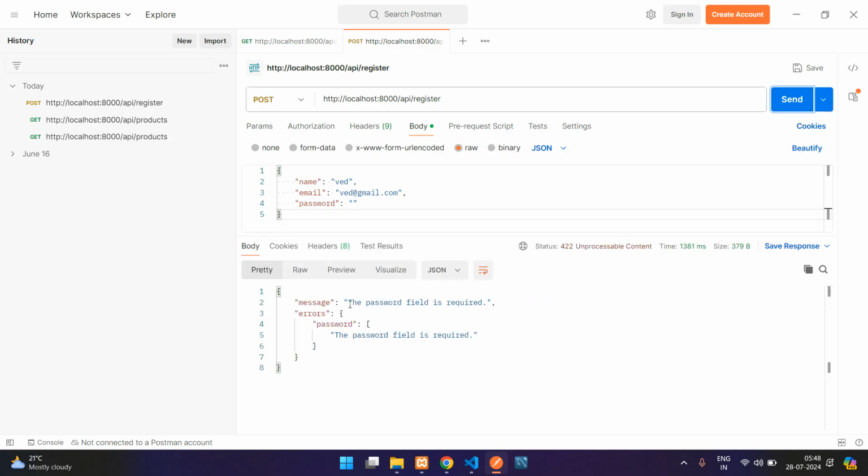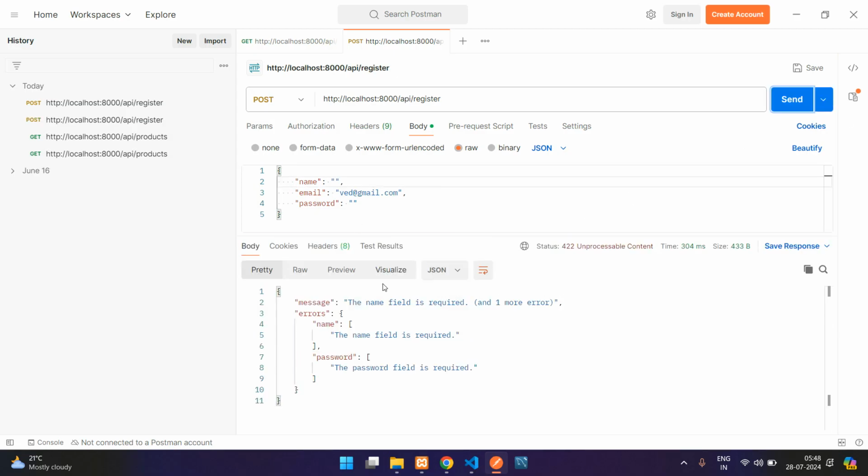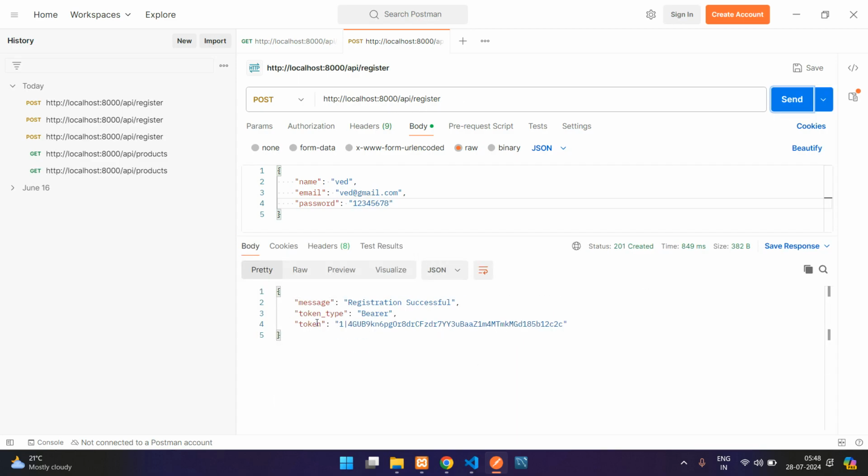Okay, so here you see guys, the password field is required in the message, and if you don't type the name also, let me just see here. Okay, so here it's mentioned that name and password field is required. So now guys, let us provide the details and I will give a correct password. And now once you click on send request, here: registration successful, token type bearer, and this will be your token. Okay, so we can just copy this,